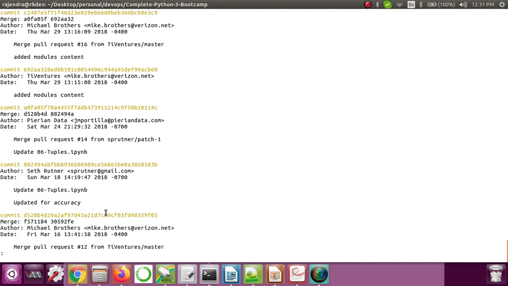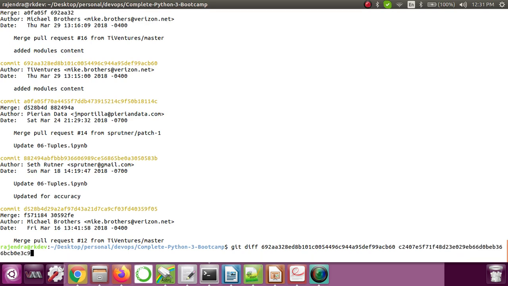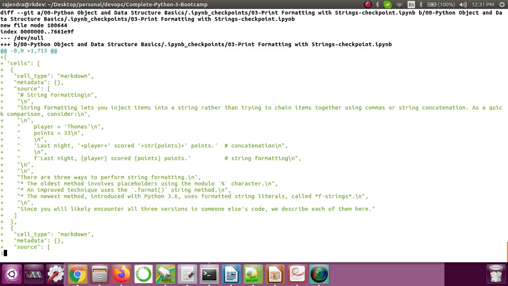Now here we have multiple commits. Let's say I want to see the difference between these two commits. So let me do that. How can I do that? git diff, the first commit, this commit I'll give, and then we have to provide the commit IDs. This is another one. Now if I run this, it is showing the difference. Here if you see, it is showing the files in A and B. A is nothing but the file we have given first, like git diff first file name or the first commit and then second commit.